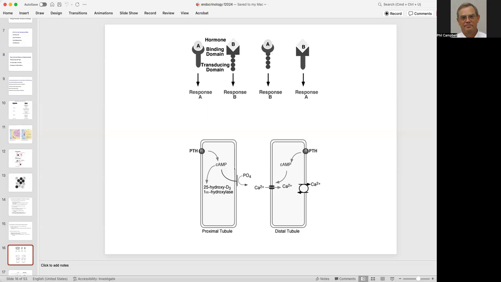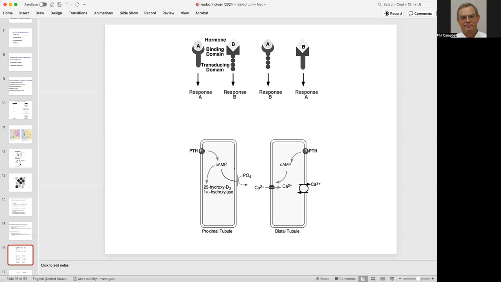So there are two aspects to these types of receptors. There is the ligand binding aspect. That's the part that recognizes and binds with some given affinity to the hormone molecule. Then, since these are transmembrane proteins, there has to be a transduction domain, which says when this binds, it is going to send a signal into the cell. So all these surface receptors have two aspects. They have an aspect which actually recognizes the ligand, and then one other part of that protein molecule, when there's this conformational change resulting from the ligand binding to the receptor component, it changes this transduction domain, which initiates communication into the cell. All right? Now,